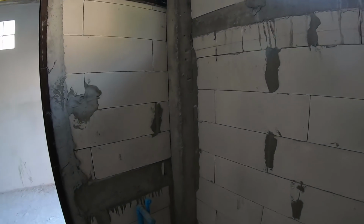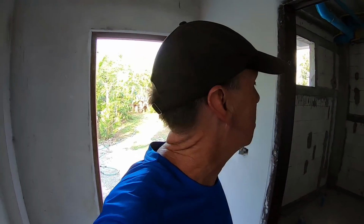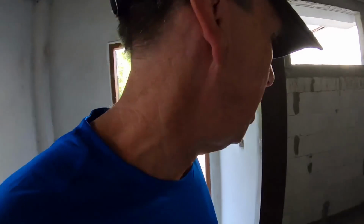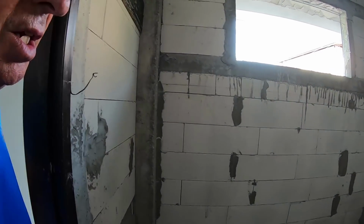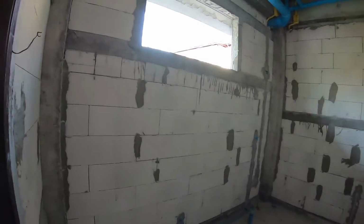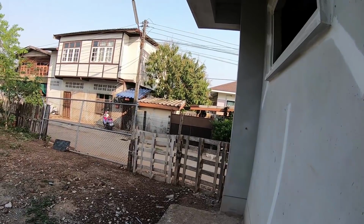So the sinks will have hot water. That's unusual in Thailand. Usually the sinks just have cold water. So we're going to have hot water at the sink in the bathroom. You've got hot water at the shower and the mixer tap. Depending on the power that we can get on the water heater, we might be able to get one that's powerful enough to feed the kitchen as well, because just through that wall there, that's the kitchen area. So we might be able to get away with just the one water heater here, providing hot water for the sink and for the shower, and of course just out here, hot water for the kitchen, which is another unusual feature. Most Thai...